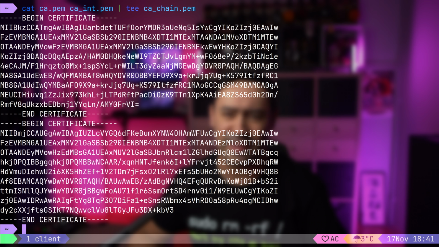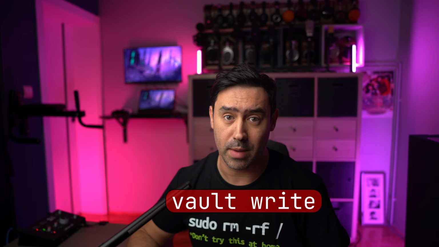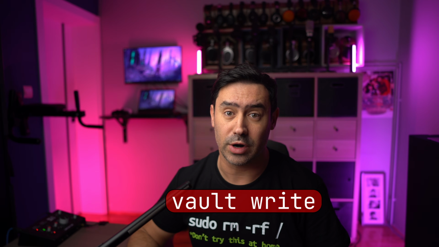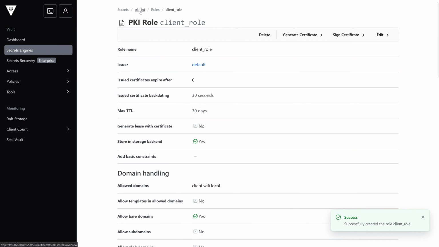Blend it. Next, let's issue a new client certificate. We use the vault write command, which sends data to the vault and is used to create or update secrets. In the PKI secrets engine, certificates are issued by writing to a specific role. A role defines the rules and constraints for the certificates that can be generated, such as allowed domains, TTLs, and